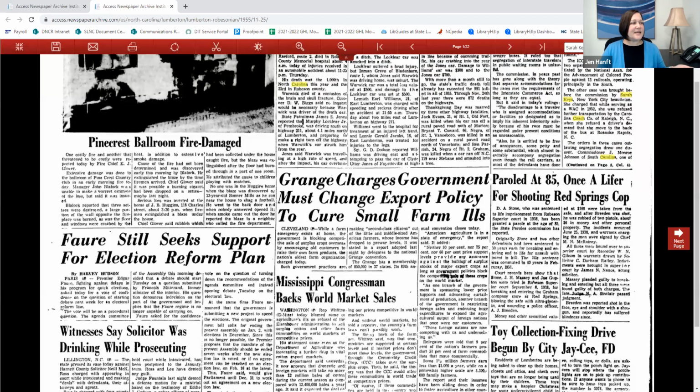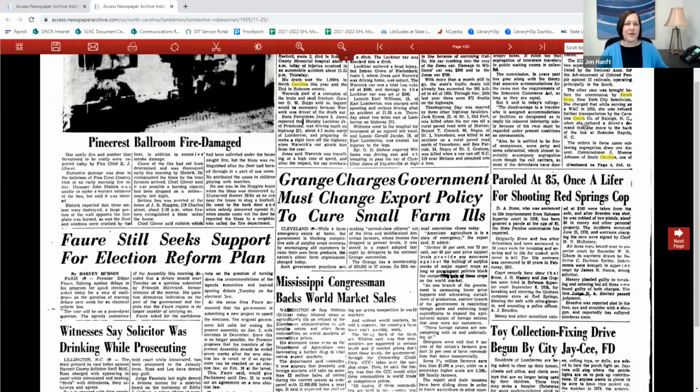And you can see when we get into the article that the search terms are highlighted in the article, which shows us which article to look at. It shows us the context of our search terms within that larger article so that we can better gauge whether this article is what we're looking for right from the get-go. And it also makes it a bit easier for us to find the section that we're looking for in that